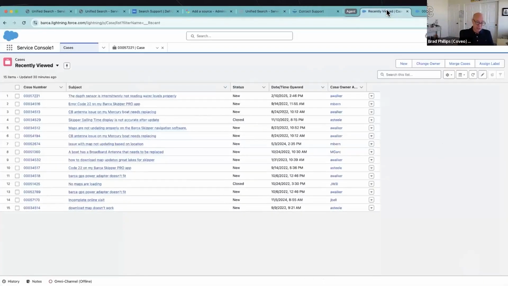So now we switch gears. Now we are using one of our CRM integrations. And this one happens to be Salesforce. By the way, that last portal experience, that was Salesforce Experience Cloud. Coveo has multiple integrations. If you're using ServiceNow, if you're using other CRMs, we can integrate with that as well.